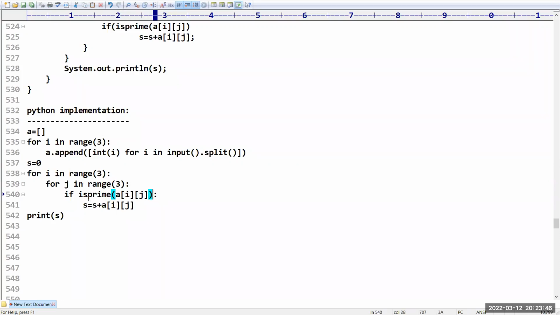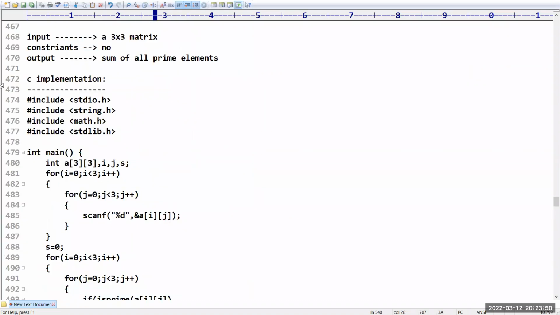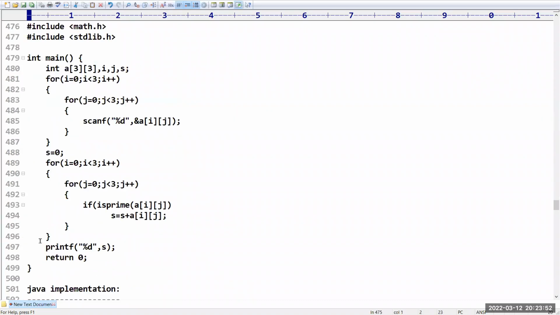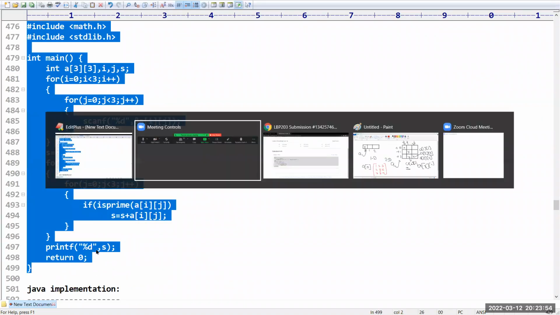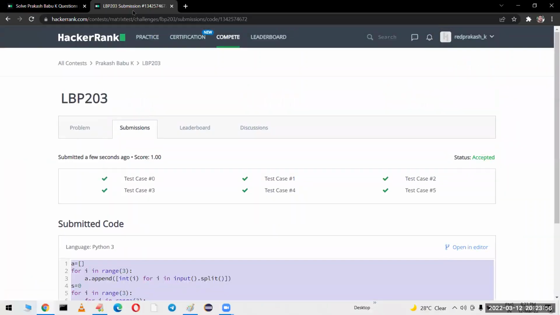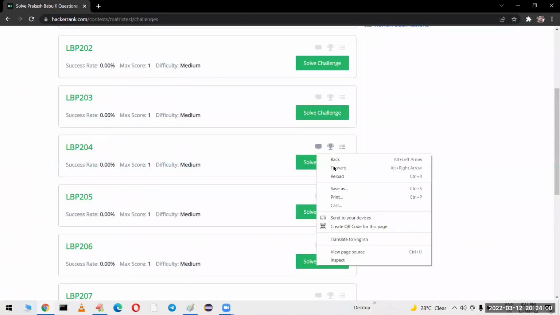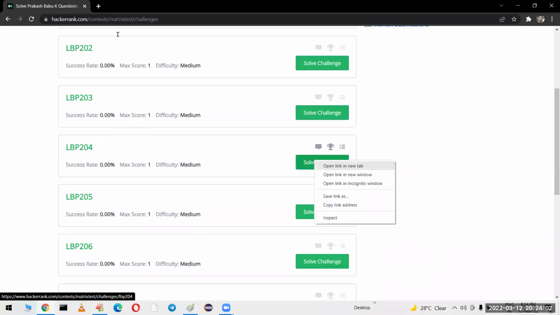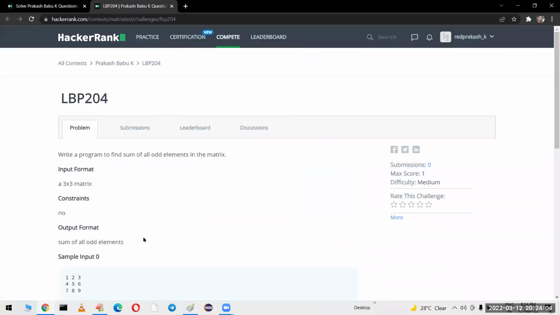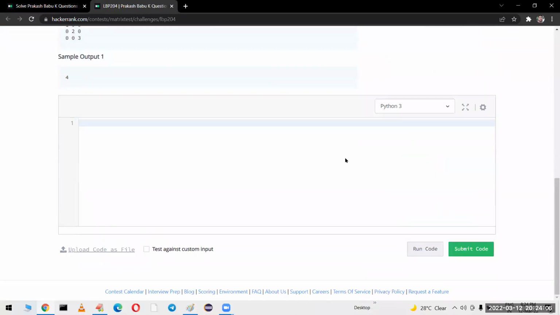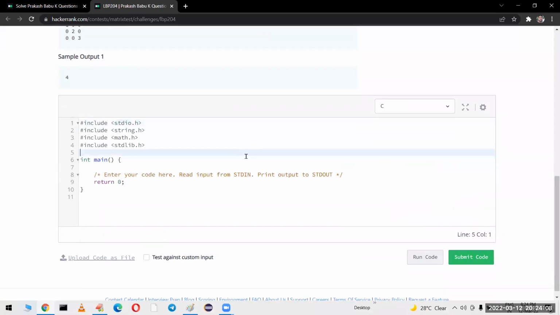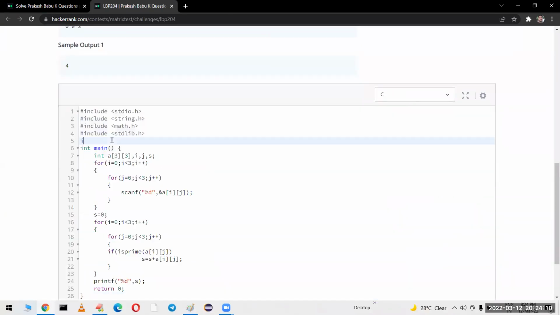Okay. Sir, how to check? We have to write prime number logic manually, right? So let me take this C language implementation. Okay. I'm going to take here 204, right? Let me take that. No, without using is prime, how it is possible, man? Okay, compulsory we have to take. Now I am taking integer is prime of